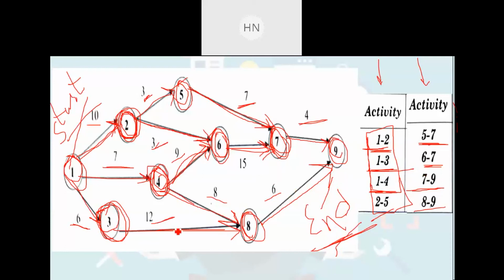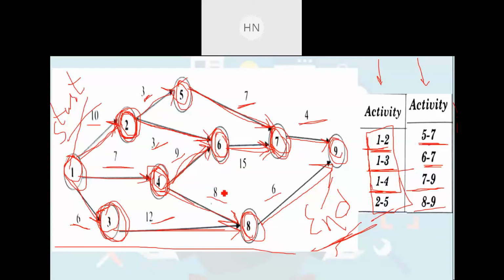So this is just the first step that is about network generation. Right now you have just developed the network from the given table. You have understood the relation between the activities, and based on that relation, you have developed the network by arranging those activities into a logical sequence, right? So this network shows the logical sequence of all the activities, as well as it also shows the duration of each and every activity that you have shown, right? So that is the first step.